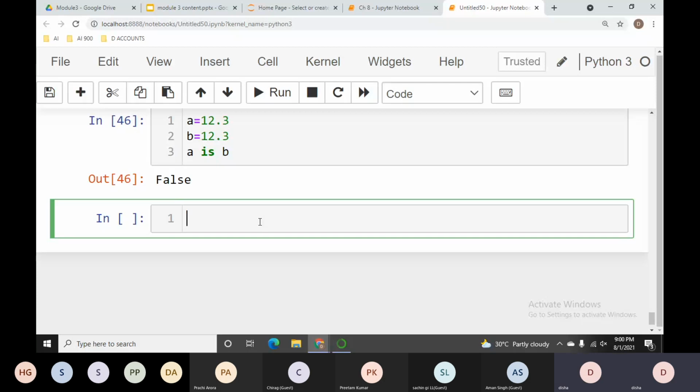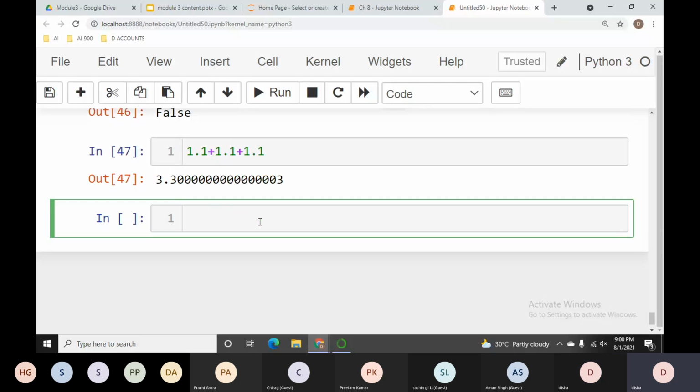Let me show you one example with floats: 1.1 plus 1.1 plus 1.1 gives us the result as a float number.